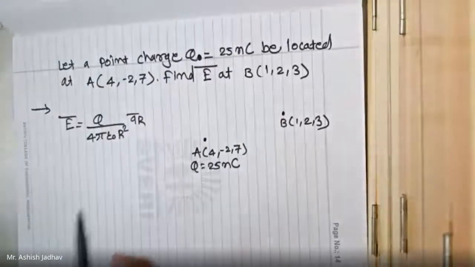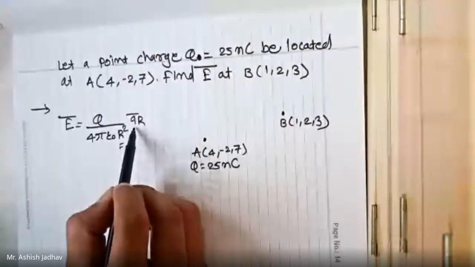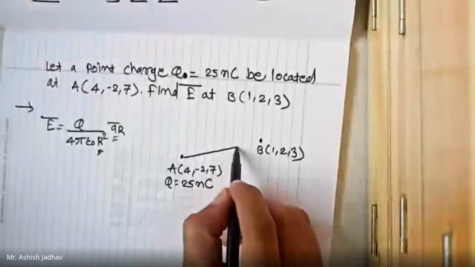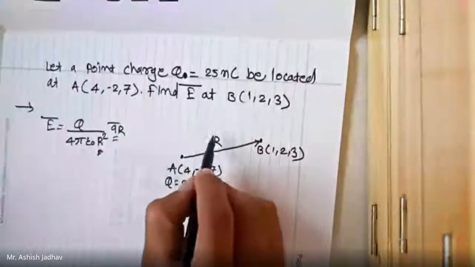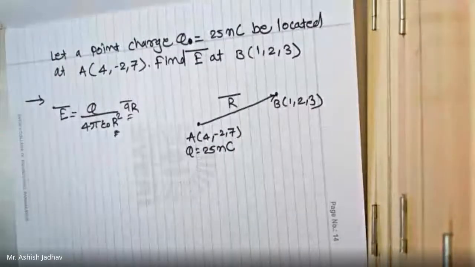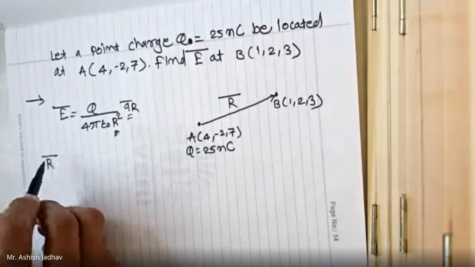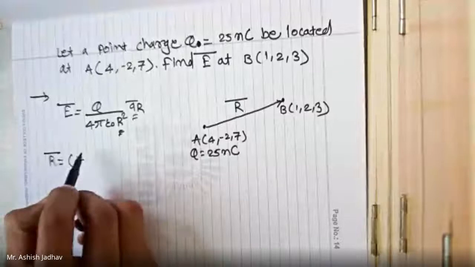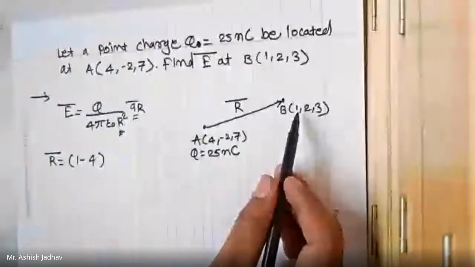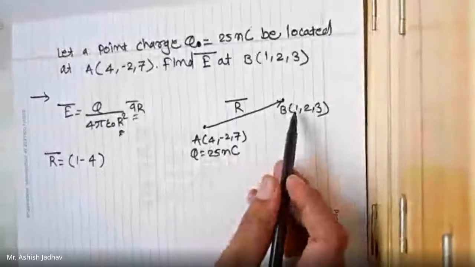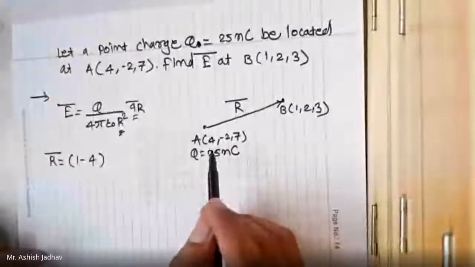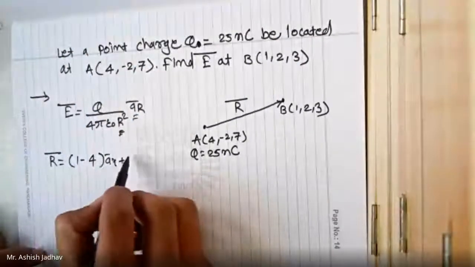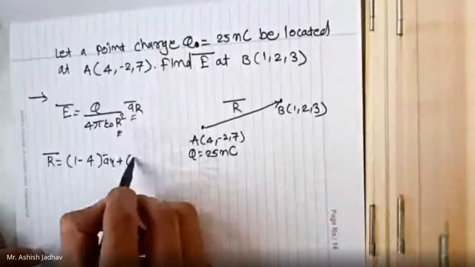In order to use this formula, you should know the vector, the magnitude, and the direction. So first step is to find this vector. Let us assume this vector as R bar. This vector R bar is equal to 1 minus 4. I'm just subtracting the coordinates, this coordinate minus this. So 1 minus 4 a bar x plus 2 plus 2